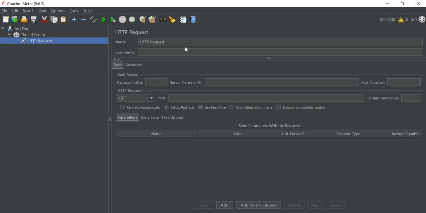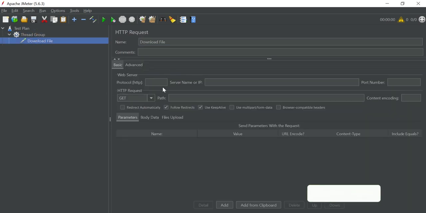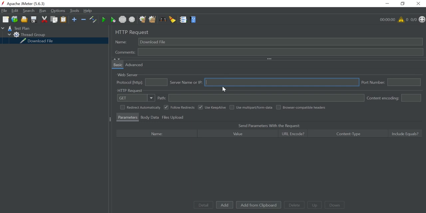In the HTTP request, you can change here the request name, download file. Inside this, you need to enter protocol HTTP or HTTPS. This is the section for server name or IP, and this is method. If you want to download a file, you need to select method GET and then enter the path here